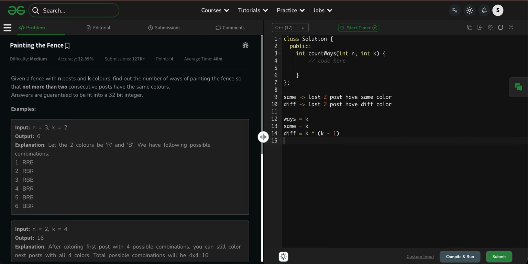And at the end, total is equal to same plus different, which is equal to k plus k into k minus 1, which is equal to k into k, right?